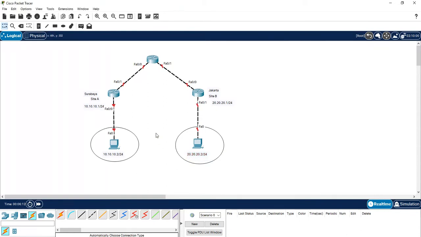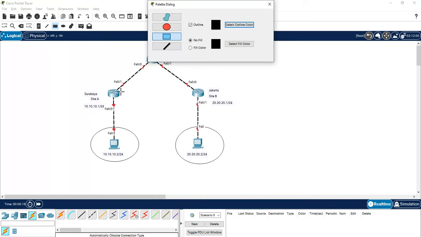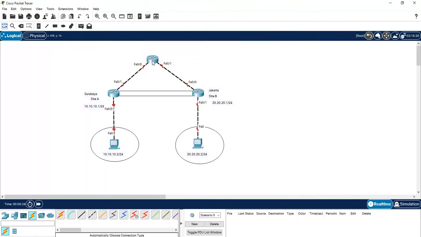And we want to make a private network VPN with a GRE tunnel in this way.